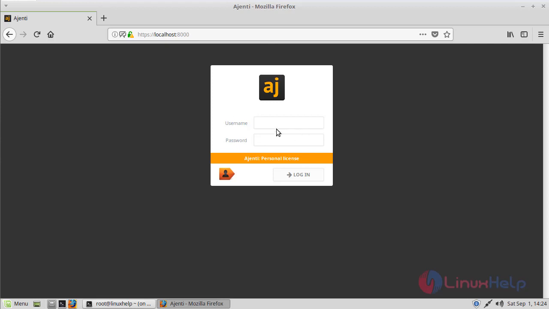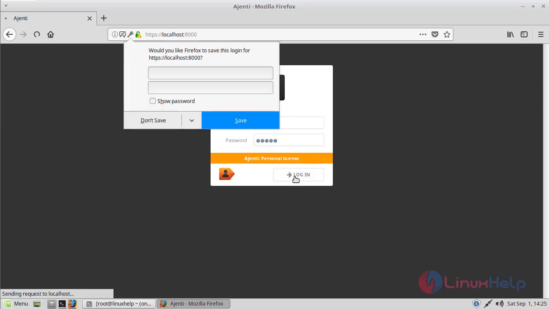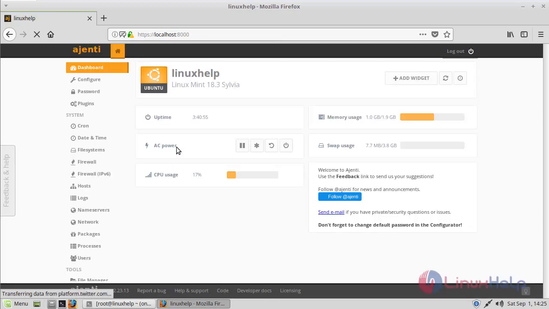Now here we have to give the username and password. Then we have to click login. Then finally here we can see the Ajenti web-based control panel application. Now we are able to use this application. Thus we have seen how to install Ajenti